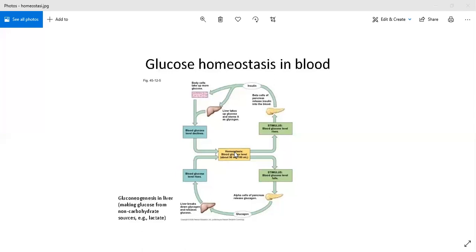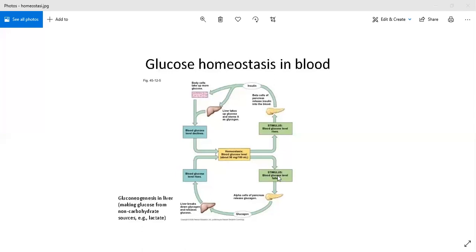Okay, good. Now, what happens if the blood glucose level falls? Now, imagine that you haven't eaten for 3 days, you are fasting. You will have hypoglycemia, you will have low blood glucose. Or imagine that you did a very tedious exercise and you used up all your glucose. You will have